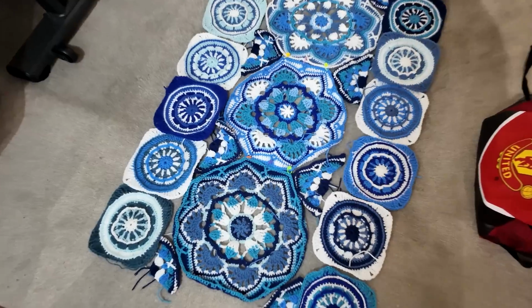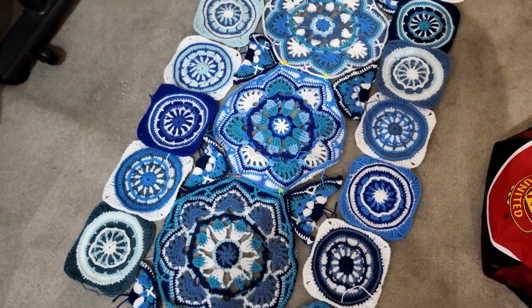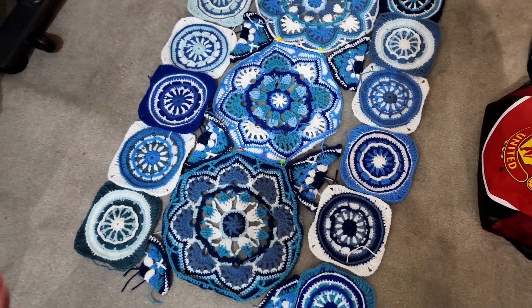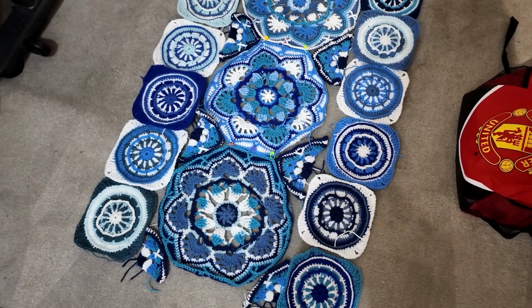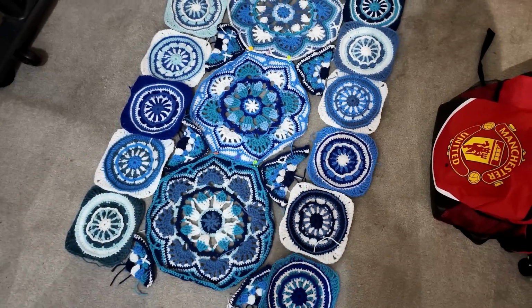Well, I'm looking at it, and I thought I'd done more than that. 1, 2, 3, 4, 5, 6, 7, 8, 9, 10, 11, 12, 13. Oh my god, I've got so much to do. Let me just turn you around. I honestly thought that I had done way more than that. I'm actually really liking how it looks on the screen, which means it's going to be fine. I'm still not sure about the darker ones, if they actually fit in, but I can always put them on the front. I mean, there is dark in here, so